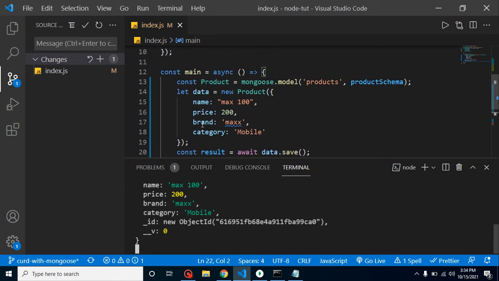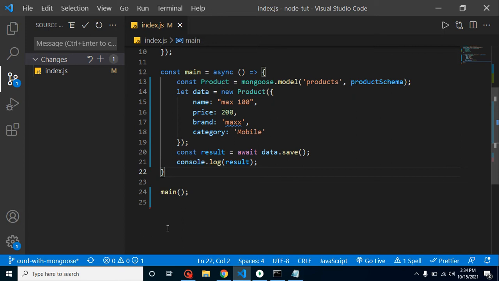And now let's learn how we can update a record. I am closing this terminal so that we have more space in this window, and I am changing the name of this function. Let me put a name like save in db. After that, I am removing the function call, because I want to keep the code but I don't want to run this function. Why am I keeping the code? So that you can find the complete CRUD code in a single video.